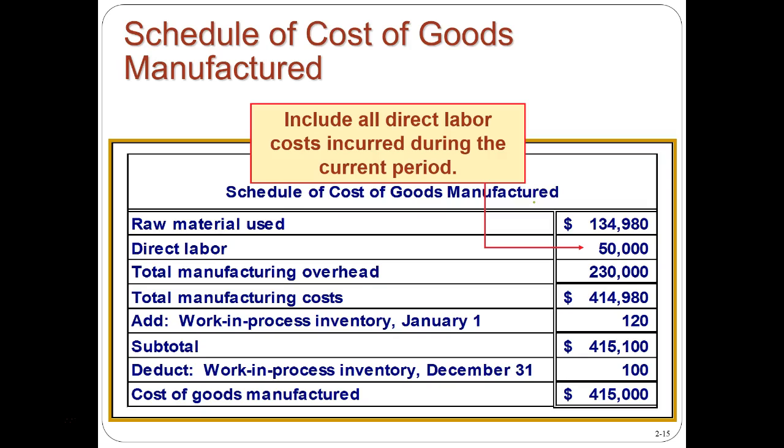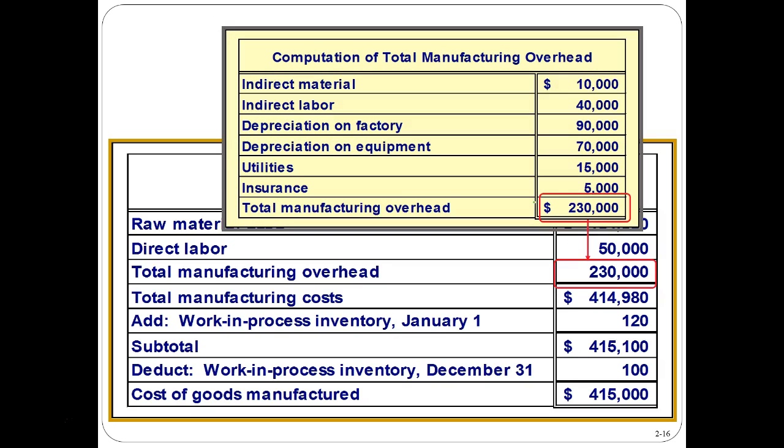Of course, we're just going to take whatever the labor was that was directly associated with the cost of producing whatever it is that we are producing, and that will go into here. The overhead's like the bucket of stuff that we don't know where to put, basically, so we're going to put them all into overhead. So overhead is going to be including indirect material, indirect labor, depreciation on the factory, depreciation on